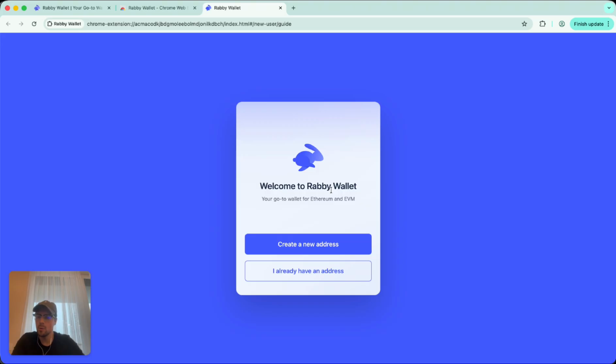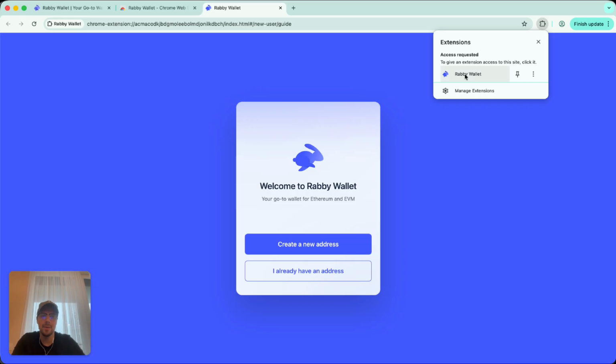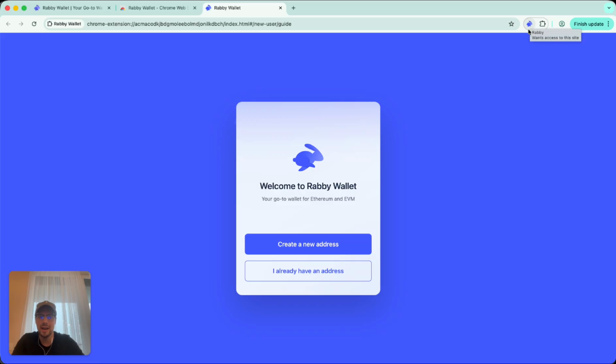Now your wallet will be right here under this puzzle extensions button. Go to Rabby wallet and click this pin. So now you will always have this here next to your name and your account. Okay, so it's easier. Now when you first open it, it will show this Welcome to Rabby wallet,